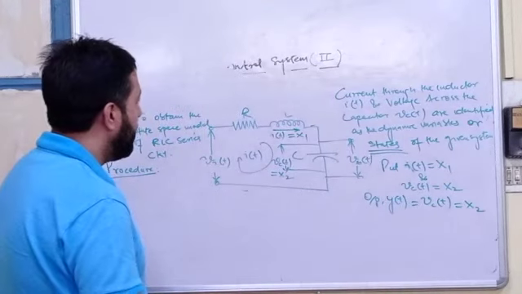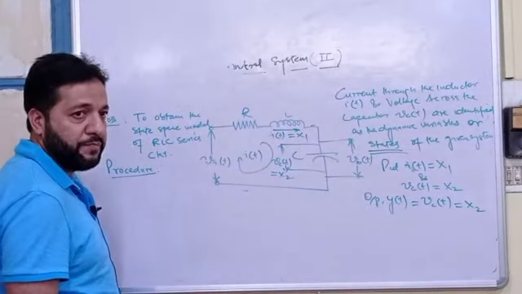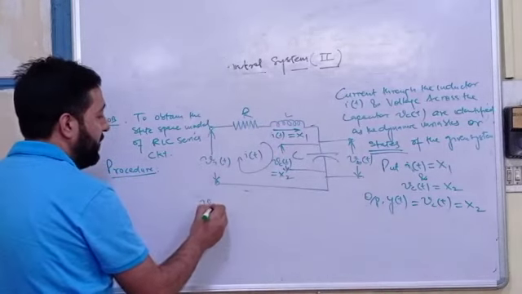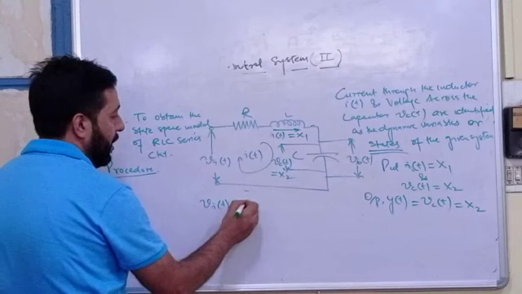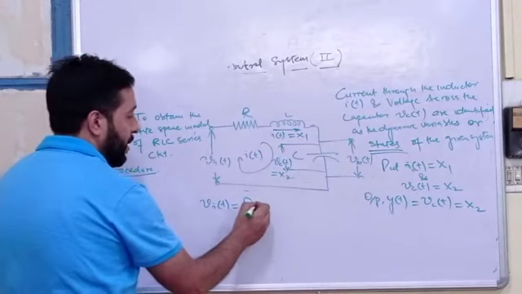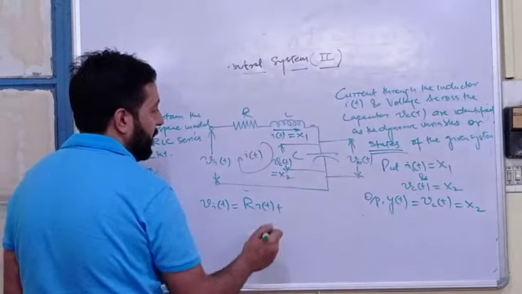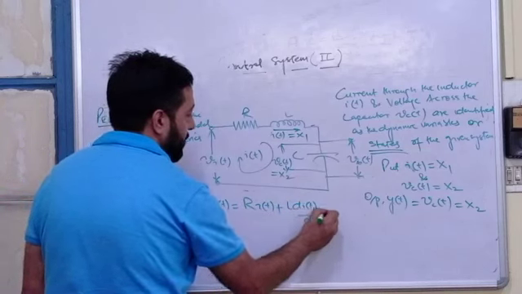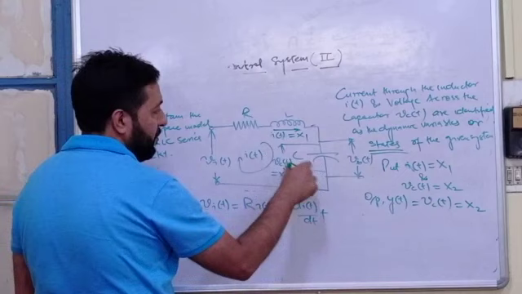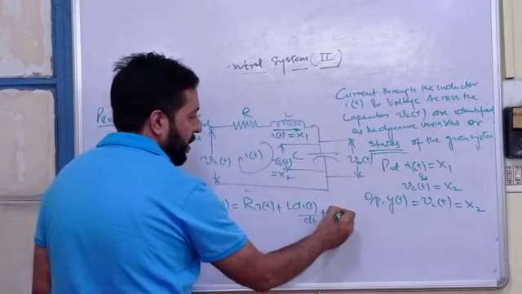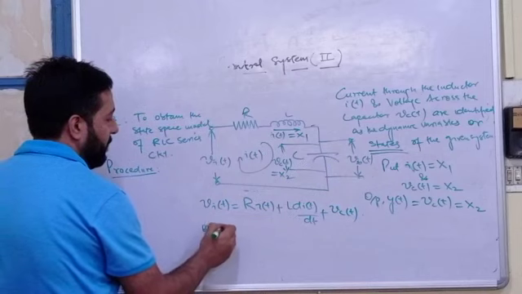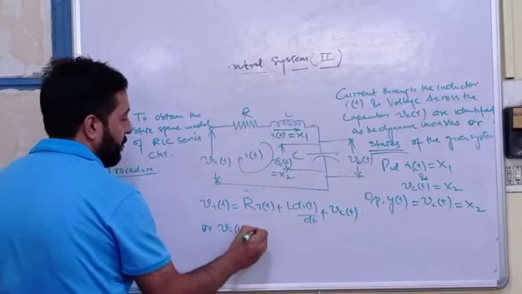Now I apply KVL and write down its equations. All of the equations look like I apply KVL to this. So what will I get as the equation? I get V(t) is equal to R i(t) plus L di(t)/dt, plus Vc(t). Or I can write V(t) is equal to R